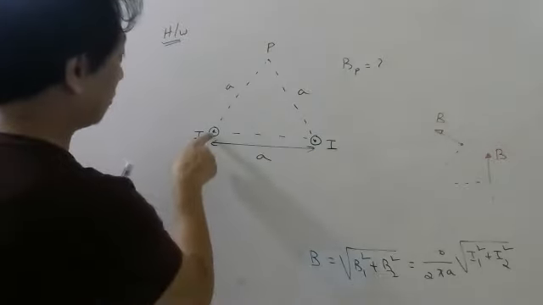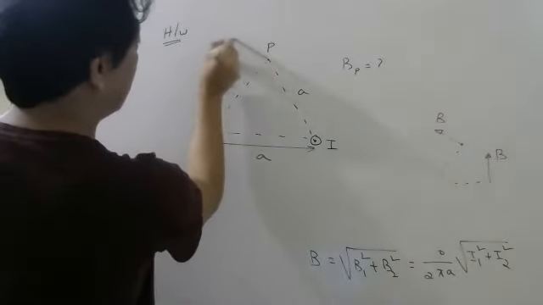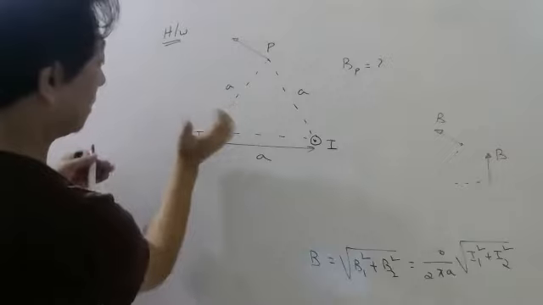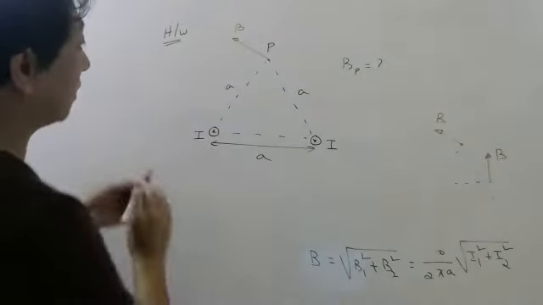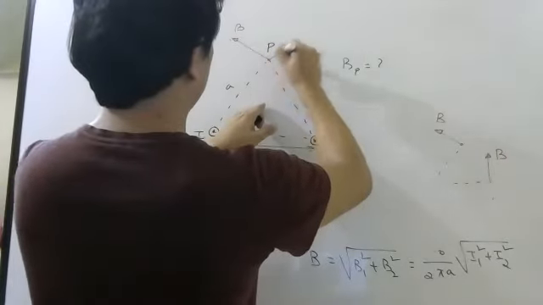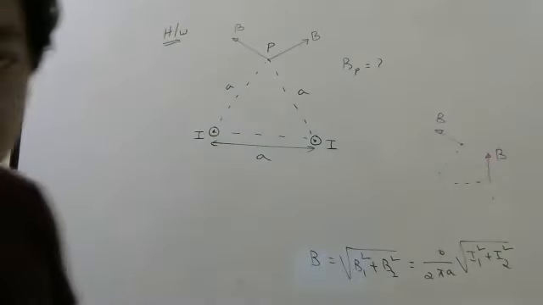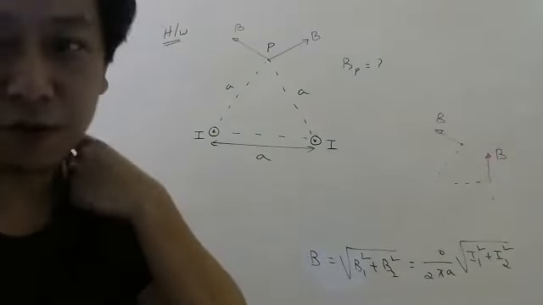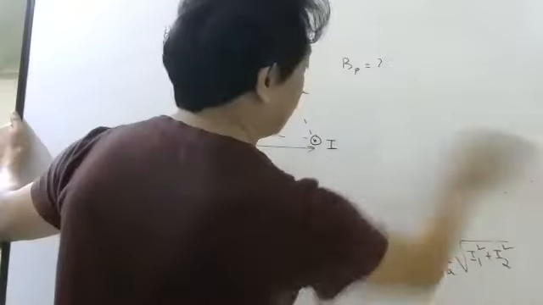If you want me to help, see. Due to this, you first have to find the magnetic field here. So first you have to draw the radius, then draw the perpendicular to this radius, right? So this is your magnetic field due to this current. Then you have to draw the radius of this, then the perpendicular to this. Then you have to check the angle between them and then find the resultant. You have to find the angle yourself. I will not help you. So try to do this.